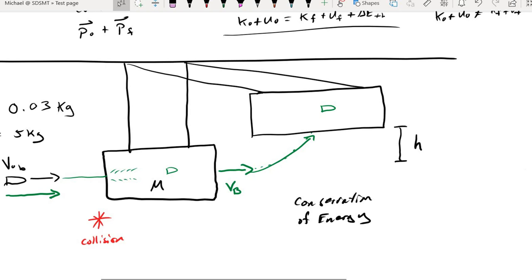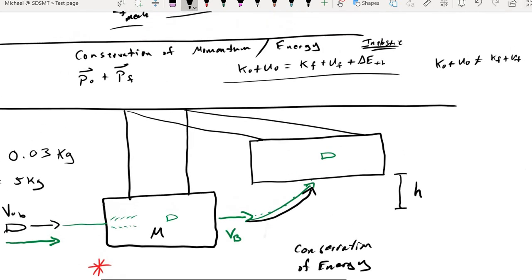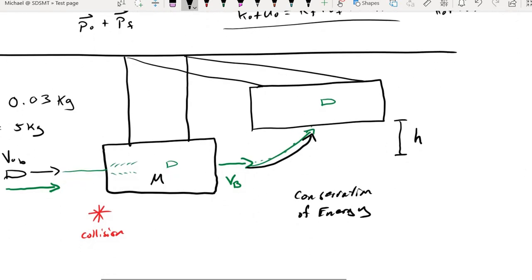But the reason why we don't want to use conservation of momentum during this swing is because momentum is a vector. And conservation of momentum says we have to conserve what's happening in all directions. Well, as this block swings, we're constantly changing the direction of our velocity, and I don't think we want to have to deal with constantly changing direction